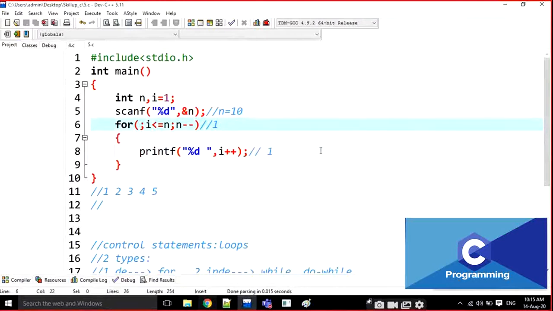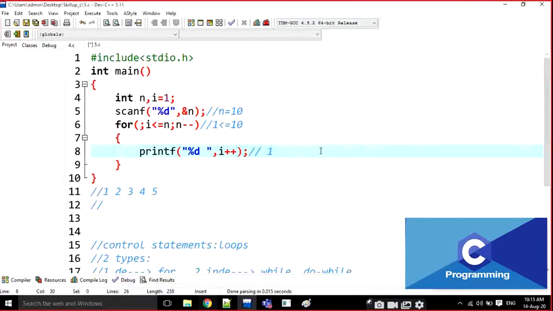What is I value? I value is initially 1. 1 is less than or equal to, what is n value? N value is 10. Okay? Is it true or not? True, sir. Coming inside the loop, what is I value here?